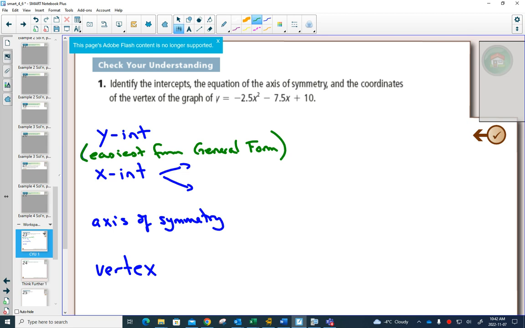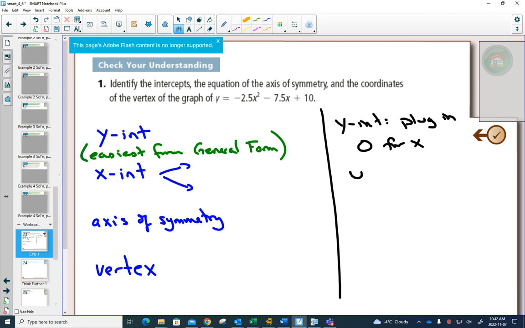To find your y-intercept, that's the easiest in general form. Do we have a general form? Yes. Why is it the easiest in general form? Because if I want to find my y-intercept, I plug in 0 for x, and I would get 0 minus 0 plus 10. How hard of mental math is that? So we now know that our y-intercept